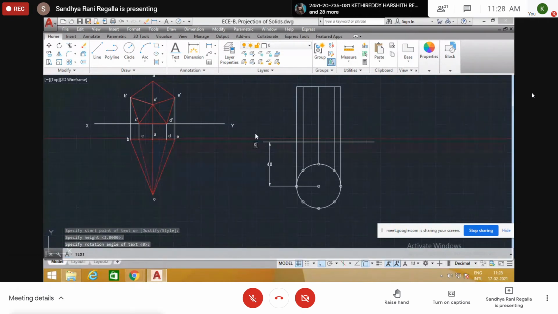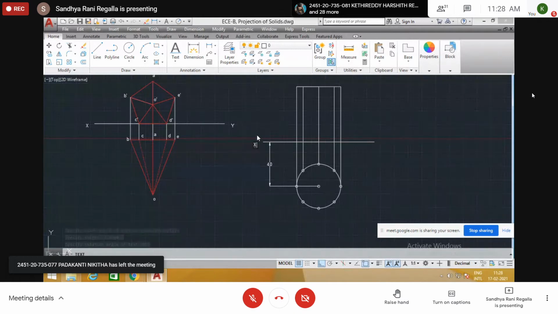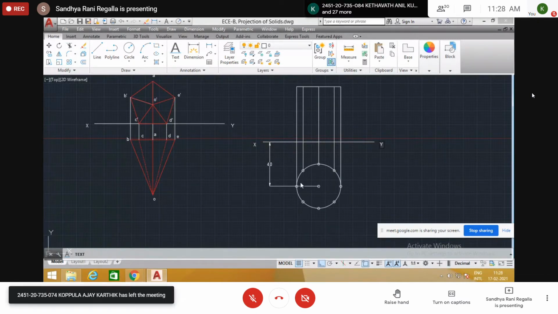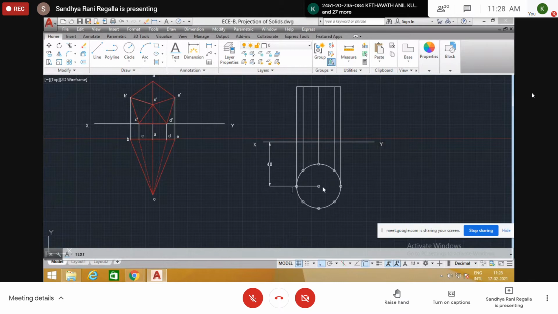This is X. Here we give the number of divisions, 1, 2, ABCD also we can give.